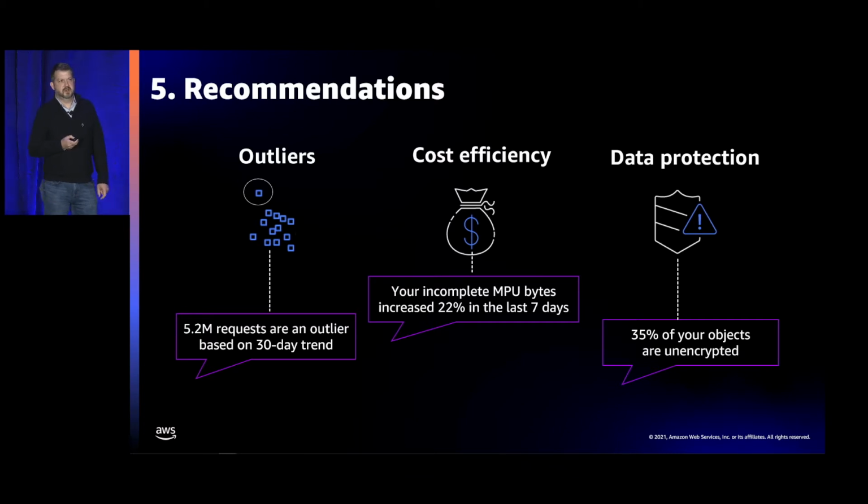The second use case is for cost efficiency. This is where we scan different types of metrics that could be an indicator where you could save money. A very popular one that we have is the incomplete multi-part upload bytes recommendation. Incomplete multi-part bytes occur when you're uploading very large objects and they're being split into multiple parts. And for whatever reason, you might have forgotten to complete the upload process. These incomplete parts are sitting in your account, and those are accruing as unusable objects, and they're accruing costs. And so many customers forget about those, and StorageLens helps you identify those, and then you can take action by creating lifecycle rules that automatically expire those from your buckets.